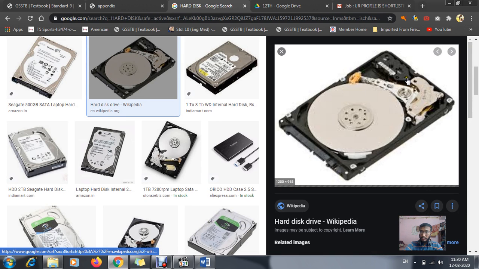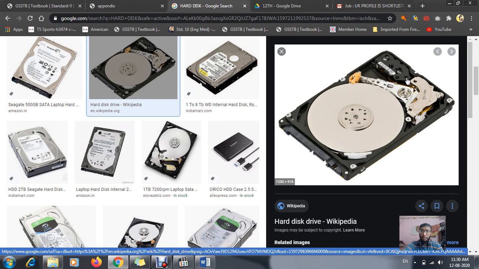There is a metal or aluminum box. Inside that box a CD type thing starts rotating whenever our computer or laptop turns on. Automatically this CD type thing starts rotating. This is why we get the sound noise from them. And this cable type, antenna type part starts reading our data which is stored in our hard disk.